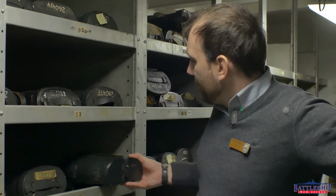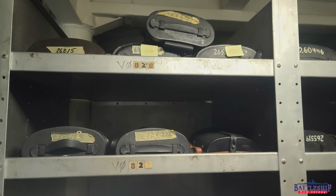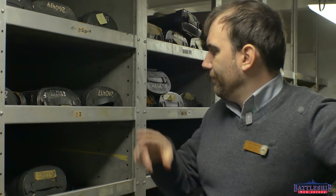So, you'll notice that we have this wall of binocular cases, each filled with binoculars, a few different types. In fact, I've never opened all these cases and inventoried all the different types that we have. These are all the original binoculars that were on the ship when she was decommissioned. All of the ones that I've opened so far have 1943 dates stamped on them, although there are a couple